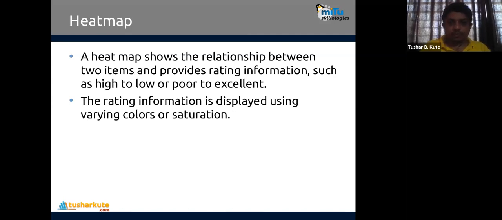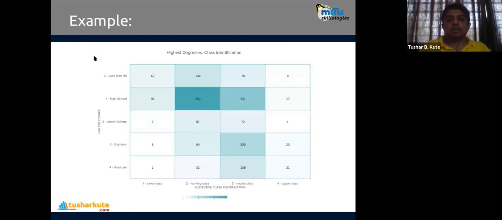Okay, check it. See, this is a simple heat map shown here. You can identify this is the darkest color. It's here the highest number is present, 552. Here the scale of darkness is given. This is 4. This is 2. Complete white, and almost dark cyan color is there.